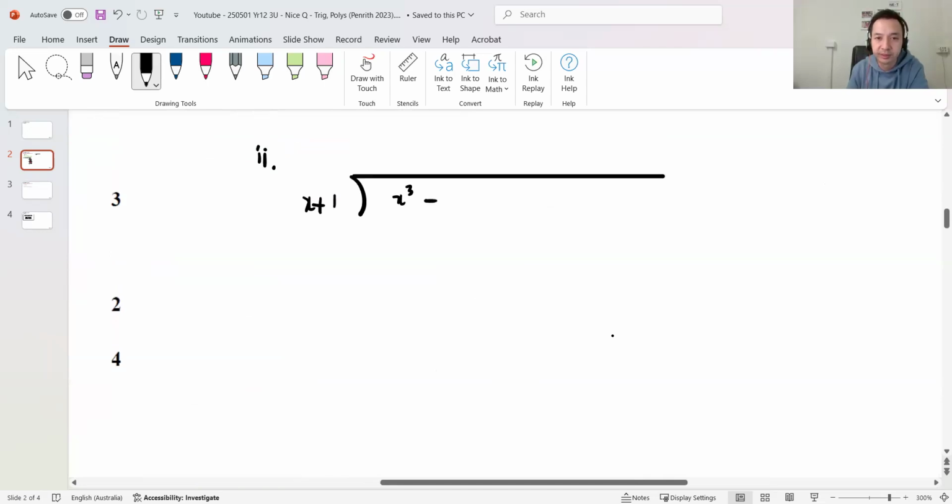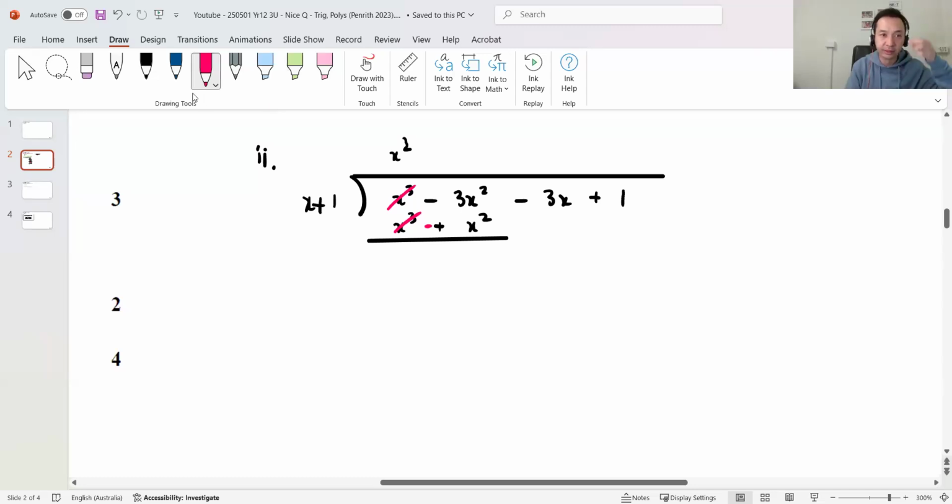X cubed minus... plus 1. Okay, let's divide. So the term multiplying to x, get rid of this, is x squared. Once you write down x squared, multiply that down, so x cubed there plus x squared. Subtract. So when you subtract, this guy goes away, and then minus becomes a minus, so that's minus 4